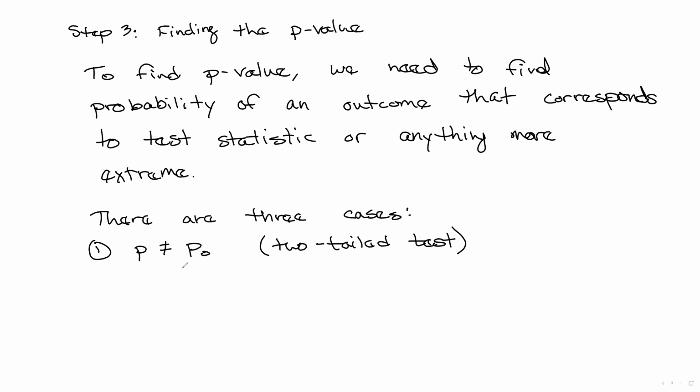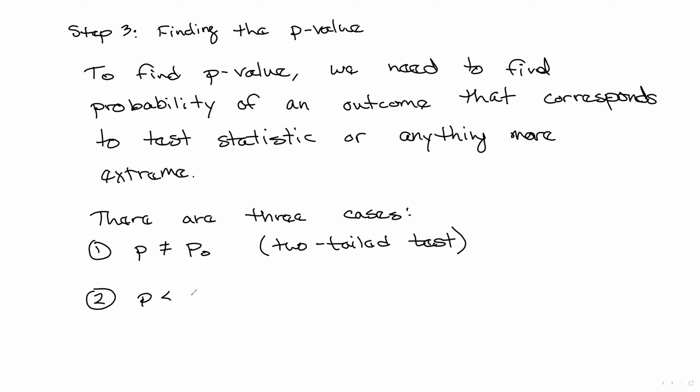All right, and so we're going to have to do something a little bit different when we find the p-value, which is the probability of an outcome that corresponds to the test statistic. We're going to have to do something a little bit different because of that. And then two, we have,